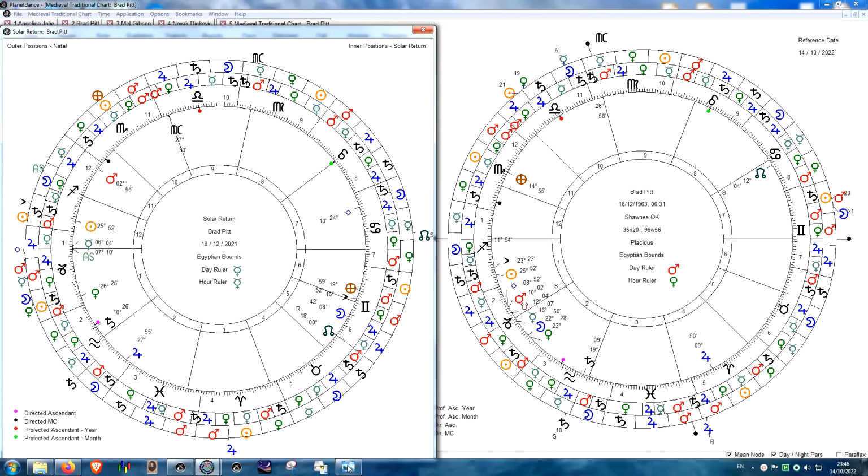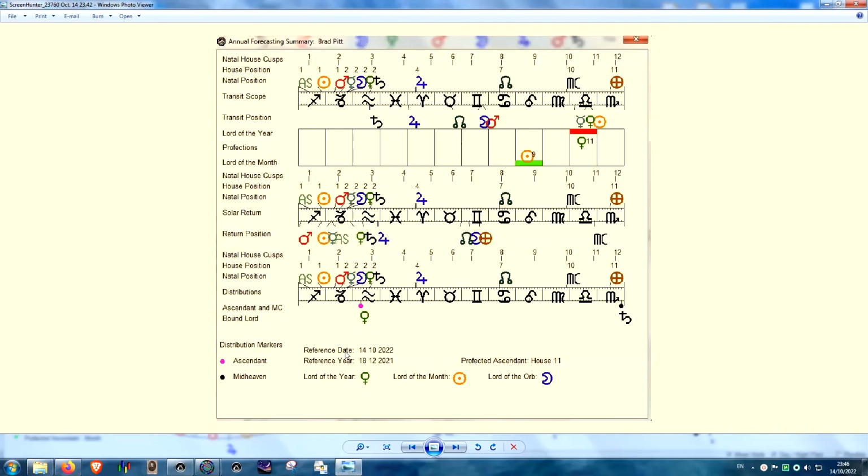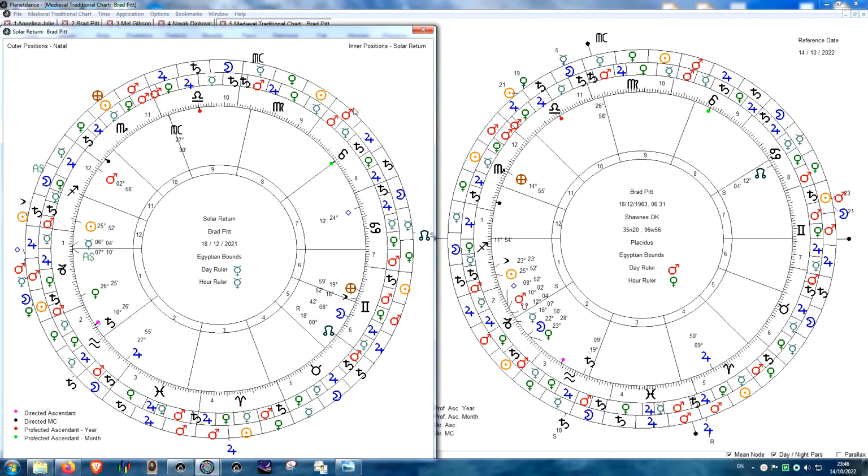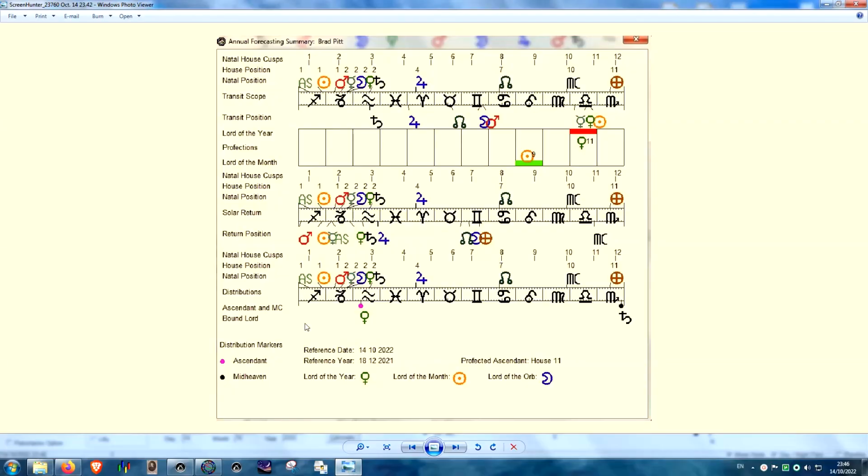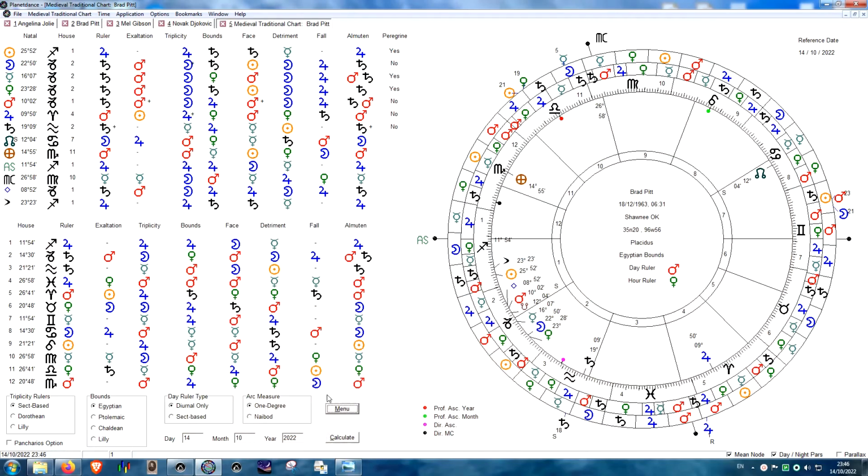So reference date, if we change the date, let me close the solar return, if we change the date here, it will change the month. Let's see. The Lord of the month is the Sun, the 9th month, as you see here, Lord of the month is the Sun because it's Leo. Now when I fast forward 1 month